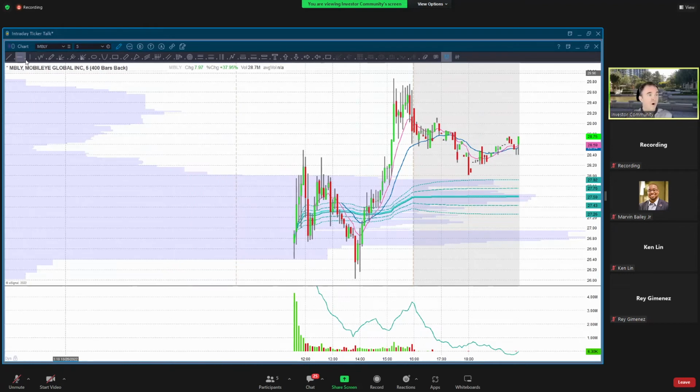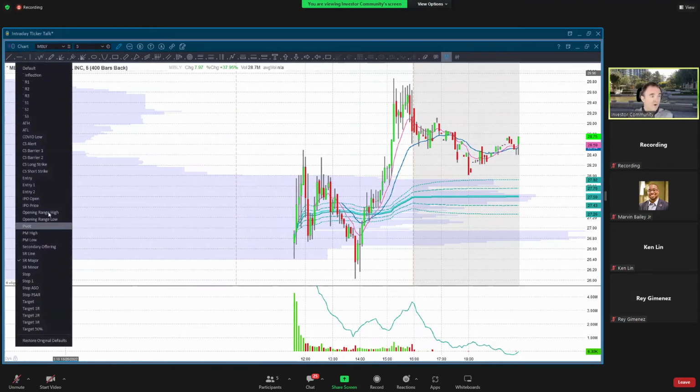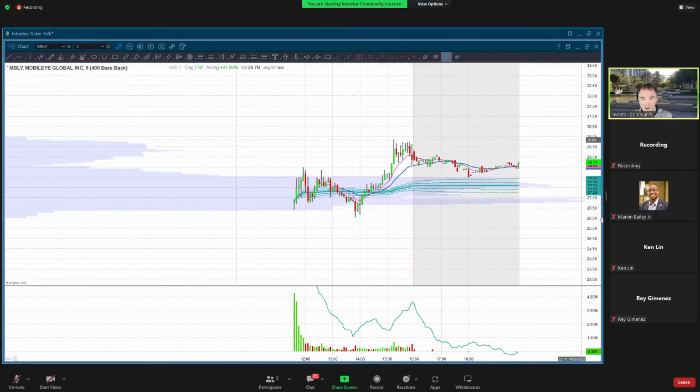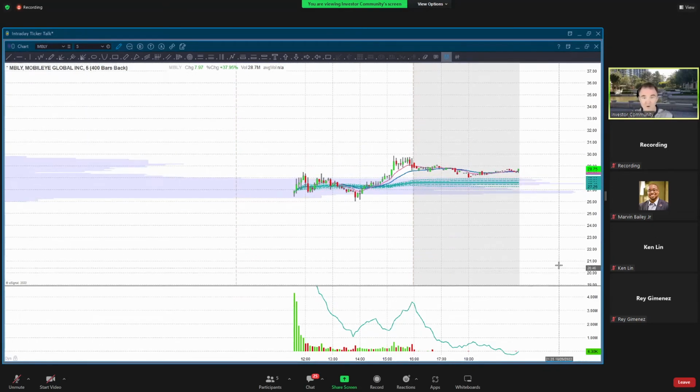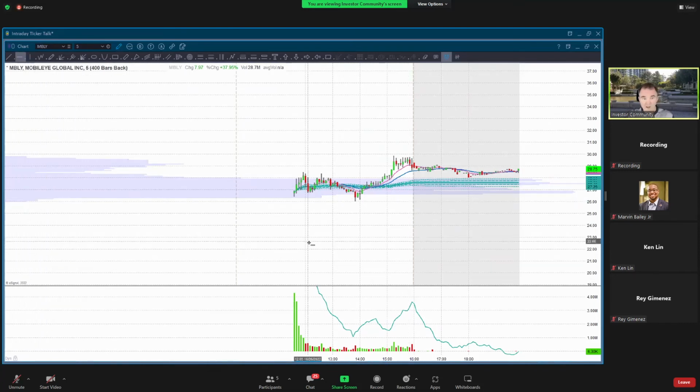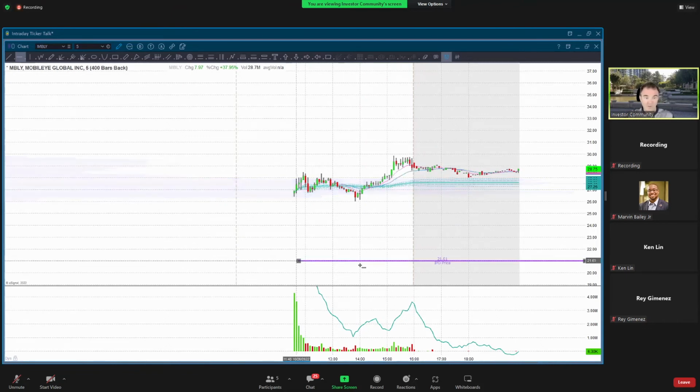So first thing you want to know is, what is the IPO price? The IPO price was $21. So I always put a line in for that, even though it's way down here and this should not come down to here. I'll put that line in. I would have to transfer all of these over onto a daily chart at some point, but for now, this is fine. There's our IPO price at $21.